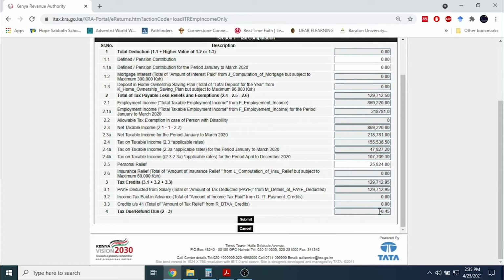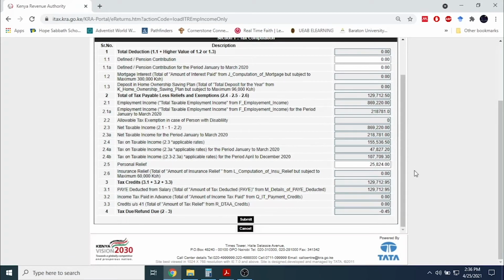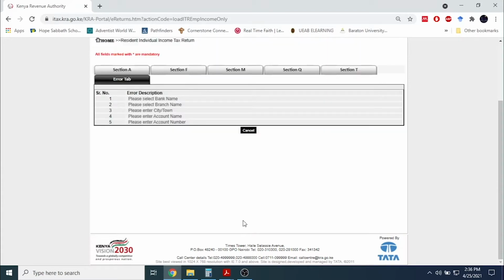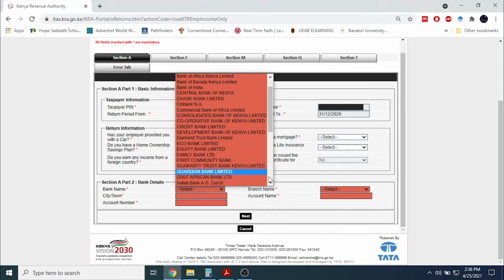After getting to this point, after being done with the 3 clicks that I've shown you, click number 1 on section F, click number 2 on section M, and ensure that the data on section F matches with your P9, the data on section M matches with your P9, and finally, after entering the personal relief, click on submit. Well, there's an error that KRA wants to refund 0.45 cents that I overpaid. Well, no problem. Without doing that, the system will not allow you to proceed, and therefore enter the bank name,